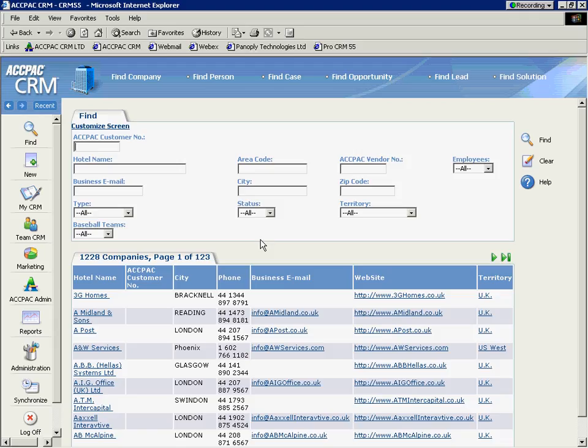Now, this is a web-based product, folks, and what that means is that you do all of your customizations on one single set of servers in one location, and everybody, remote offices, etc., get those changes immediately, as soon as they refresh their browser. I don't have to install software on 50 different machines. I don't have to customize 50 different machines. I don't have to upgrade 50 different machines. So the total cost of ownership over a 24-month period is drastically reduced with a